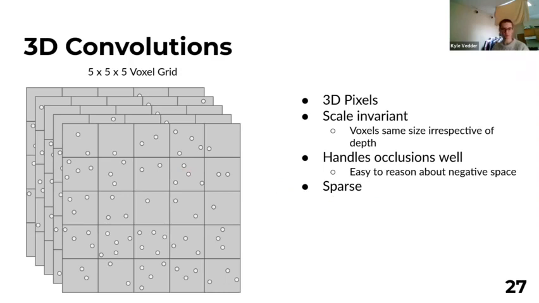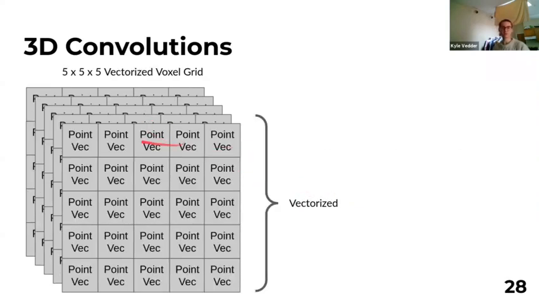And this is particularly an issue at range, right? The further things get away, the more distance there is between the individual readings. And so the harder it is to do object detection. So we're going to come back to this in a moment because this is going to be important. But for now, imagine that we can take these